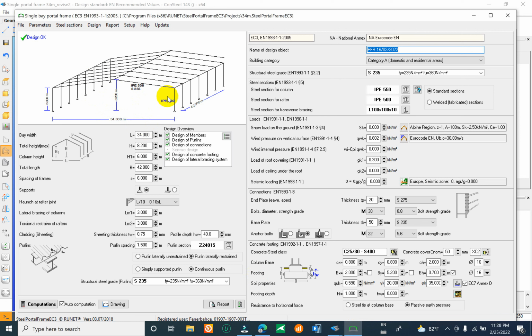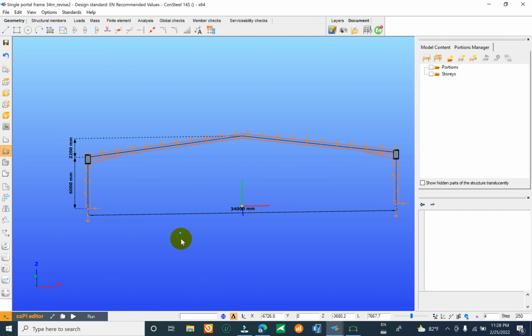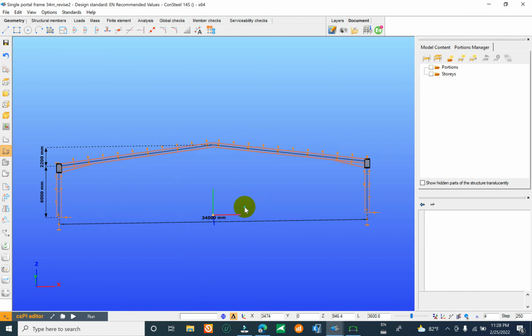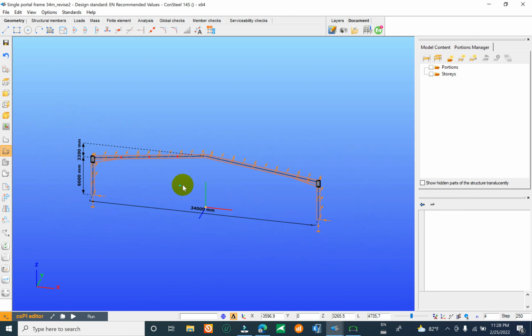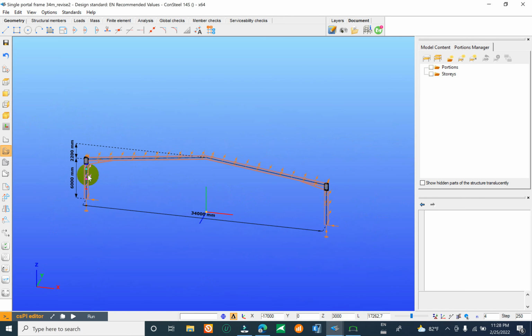The cross section we keep the same, but that model was designed in another 3D model, and in the previous one we compared it with the 2D model in ConSteel. Now we continue with the 2D, correct it, and then continue with the 3D, and we have to input